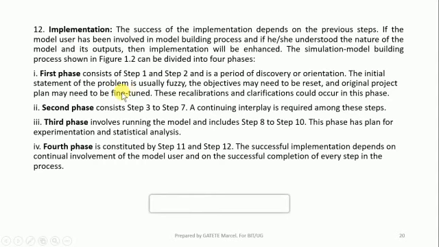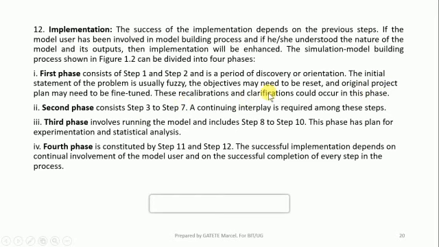It means that you can define an objective. After that, you will see that the objective is not appropriate. You can change it, redefine it, retune it, and so on. That is why you are still in the discovery and orientation phase. Calibration and clarification could occur in this phase.